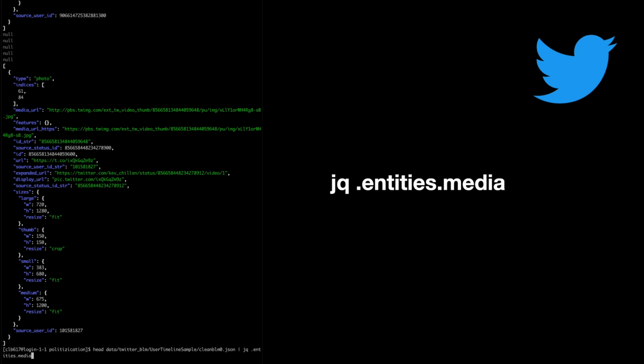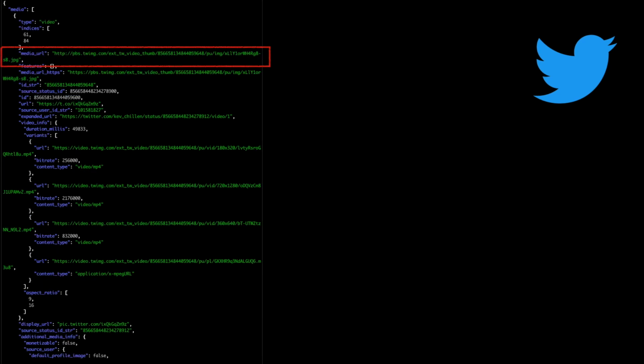For a given tweet, if that tweet has a photo, you can look at the entities field, and within the entities field there's often a media field that has information about images that are shared. Here in this example, for some tweets that have entities and media, we get the type, a URL to the media, even information about resolution, and we can pull video information as well.